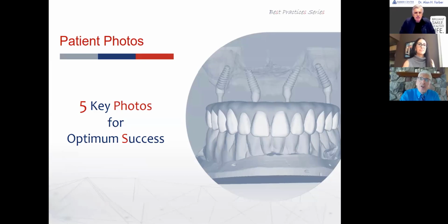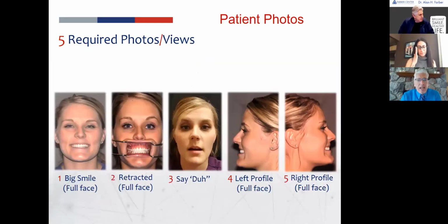Okay, photos. Now, these can be done with your cell phone. That's fine. But we do want some specific views, and on our website, we detail this out in more detail. What we're looking for is a minimum of 5 views. This big smile is where we want to get that high lip line when you have the natural dentition. We do like to get a retracted one. When we get a photo like number 2 there,